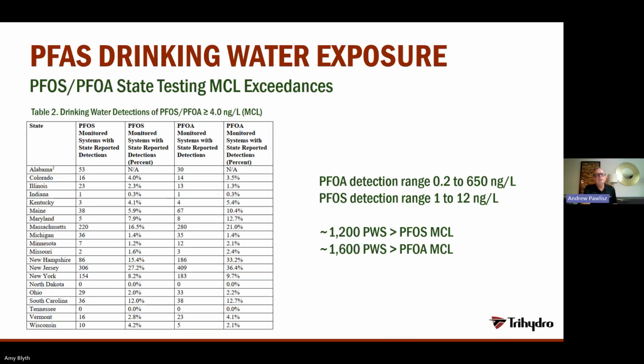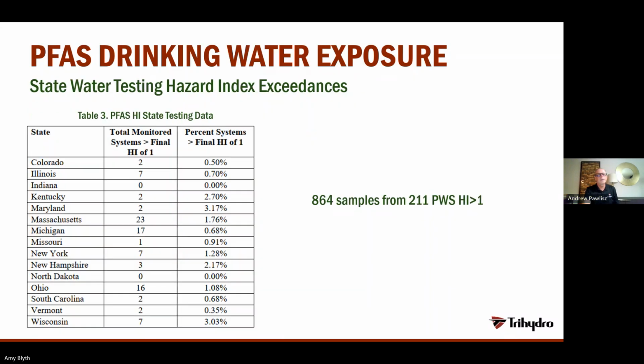Quick preview of what the MCL compliance may look like. Table 2 lists the results of the water testing across the US. And based on the current data available, a significant number of public water systems will likely encounter individual MCL exceedances. Next slide. And this table shows the potential rate of exceedances based on, again, current results of the hazard index